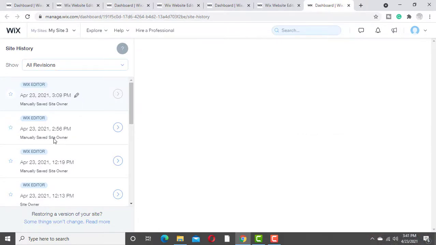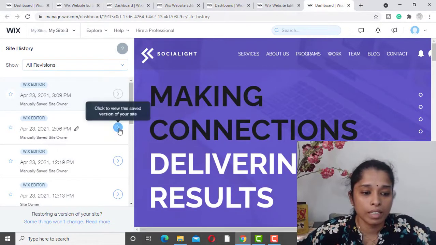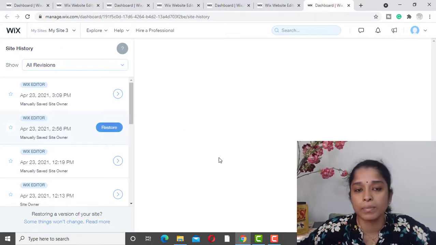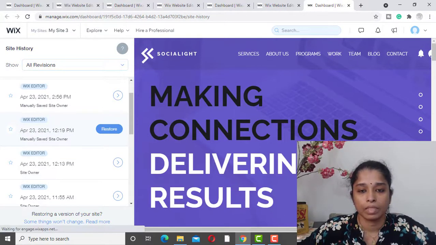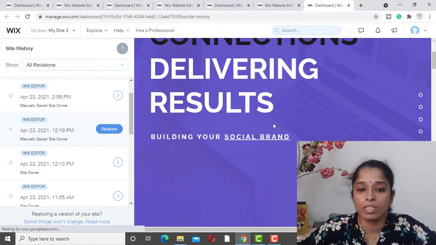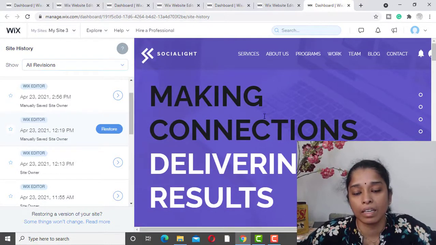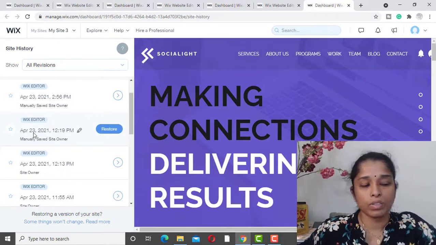If anything goes wrong with the current website work, you can revert it back just by selecting any of these dates you want to revert to. Just click this arrow mark. You can see the restore button option. You just click the restore button. So the website from that particular date and time will be reverted back as the current website. You got it? You can see the content and the website design of that particular date and time. So you can easily check the changes that you have done, check the changes in the design part, and you can restore the settings. That's all in site history.